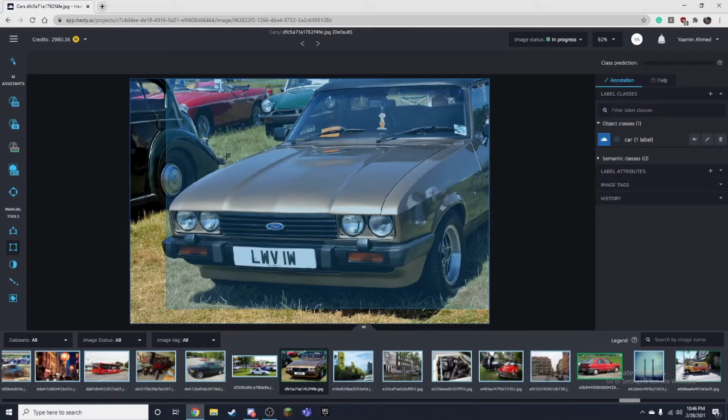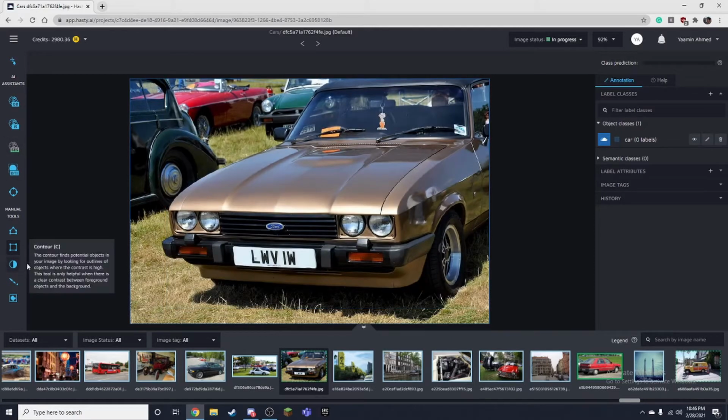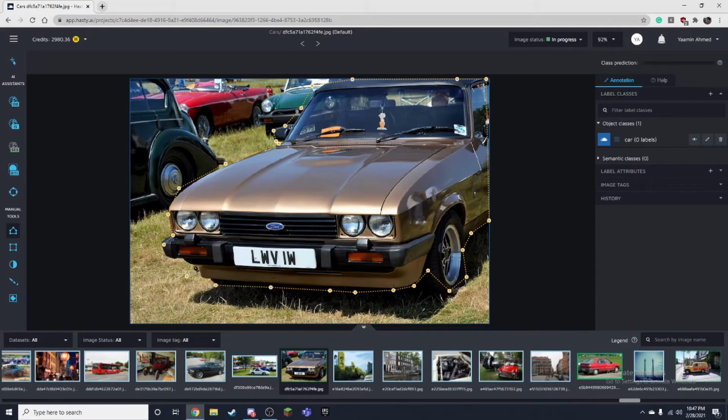So what segmentation does differently, let's remove that, is that you can use multiple tools to actually do segmentation. You can use the polygon tool, so you can go around the entire object. It's a bit more tedious because it's more accurate, but here it's just rough. It's kind of trash right now, but basically it goes around the entire object, and there are multiple ways of doing this. Like I just said, you can use the polygon tool,